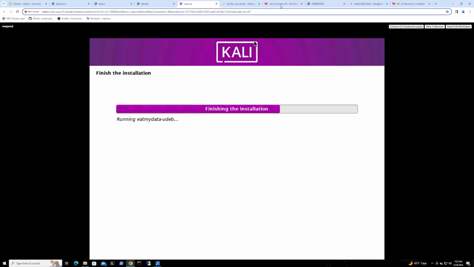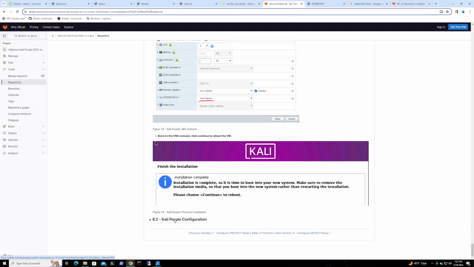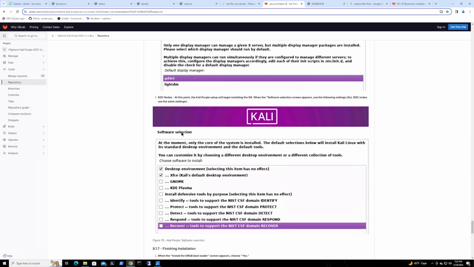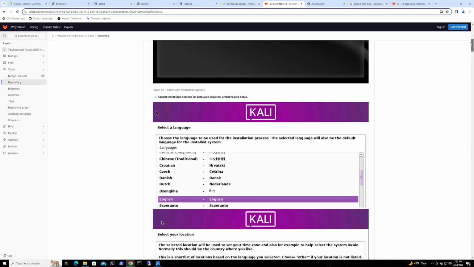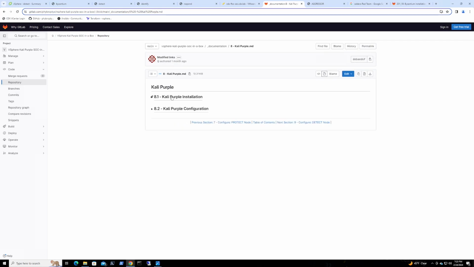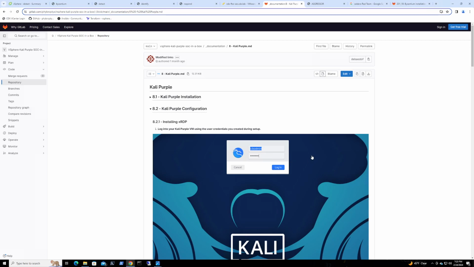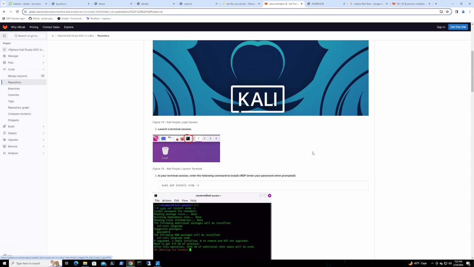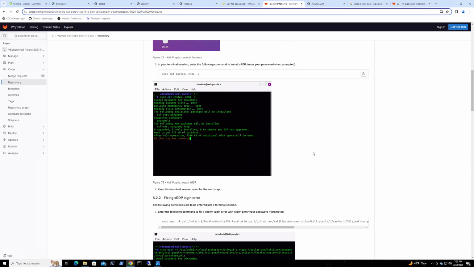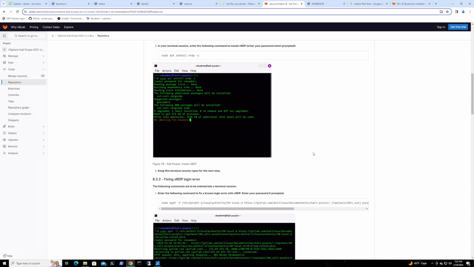And while these are rebooting, let's take a look at our documentation. We have configuration. So we've done the installation. Let me scroll up here to collapse this. Now we do configuration. There's a few things we're going to actually do. We're going to do a couple of installations, or maybe one or two, and we're going to do some updates. This is where the firewall should be providing internet access to your VMs. Once again, it's not necessarily called out in the OffSec instructions, but